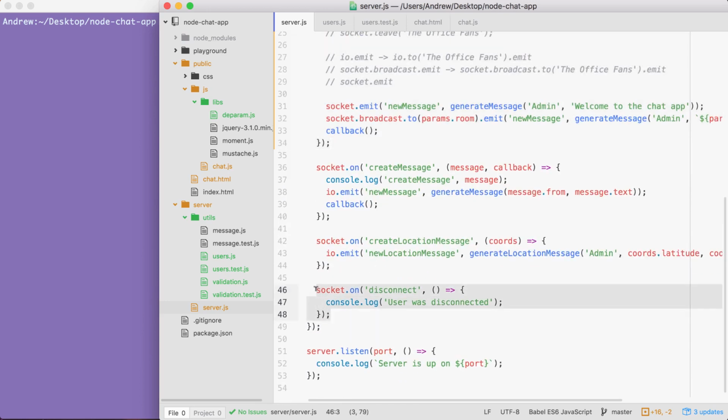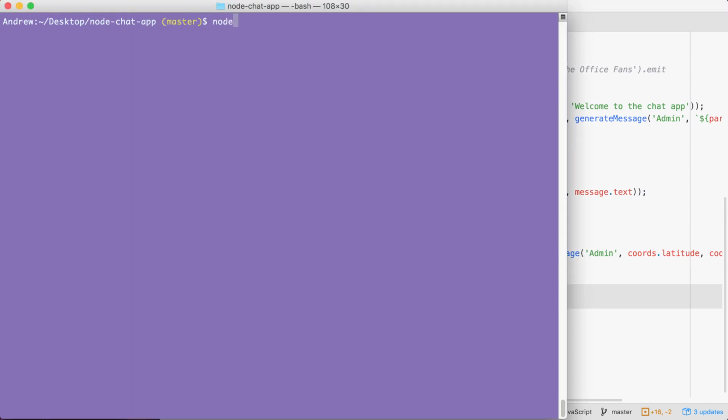We want to keep that list up to date, and every time we update it, we want to give a fresh copy of the list to the client, which means that the server is going to need to emit an event to the client. The client is then going to listen for that event, and it's going to update the markup. Now we can view exactly where this is going to happen by starting up the server with nodemon